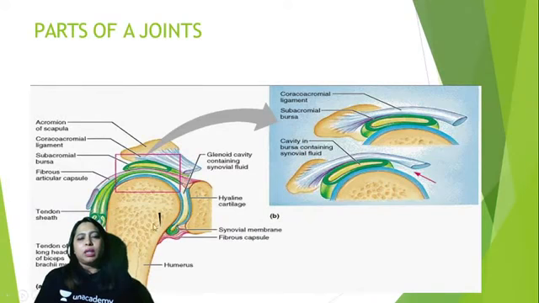So this is how the bursae are placed between the tendons. You can see the tendon, and especially in the shoulder joint, you can see the long head of the biceps tendon. It crosses the shoulder. Now you can see the long head of biceps comes from the supraglenoid tubercle of the scapula, and it goes over the joint cavity, and it is also seen in the intertubercular sulcus.